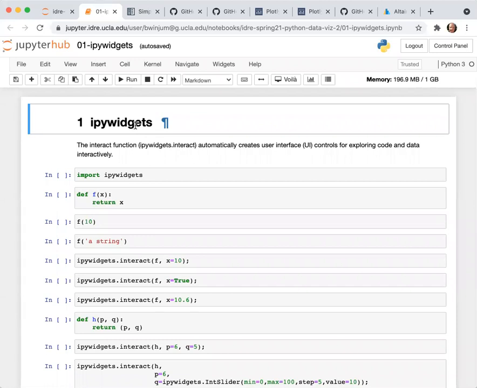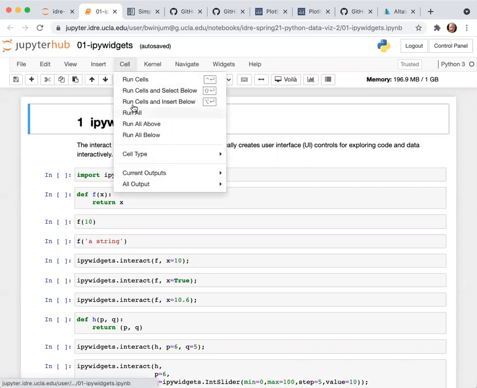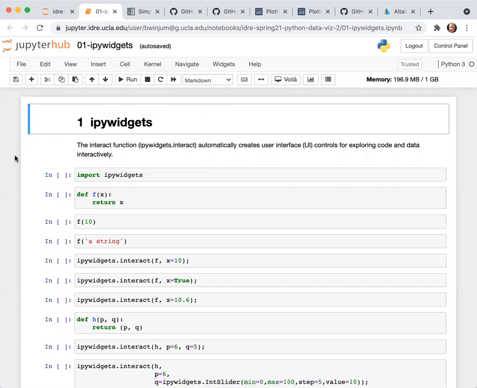In order to run things inside of the Jupyter notebook, you can either hit Shift and return. That will execute a cell. And by cell, I mean this thing, which is highlighted by the bounding bar. There's also a run icon at the top, or you can come under the cell menu where there are a variety of options for running cells. I've already provided all of the code that we're going to be working with, so you won't necessarily have to type into any of these cells until we get to the exercises.